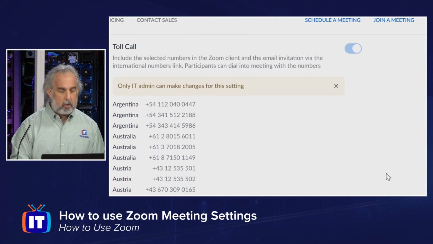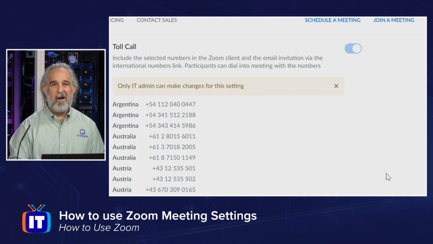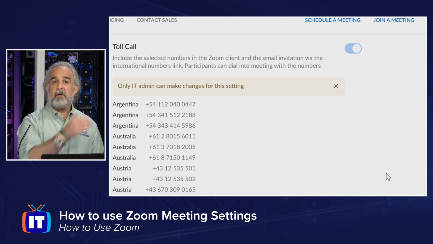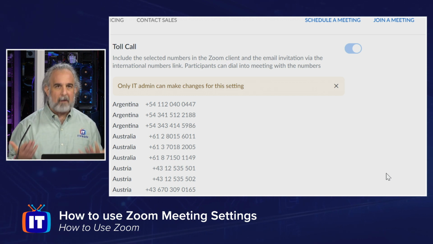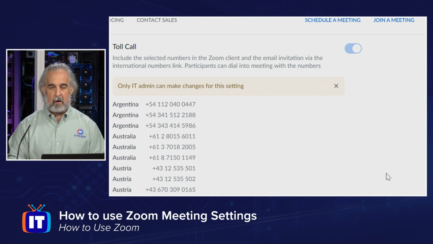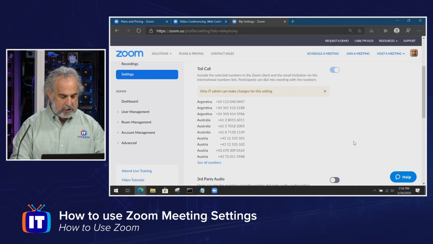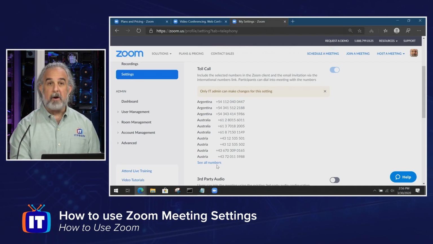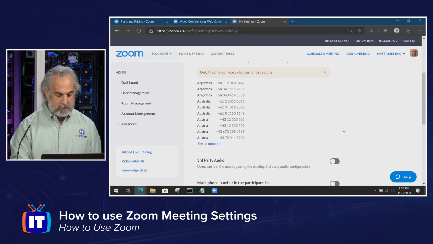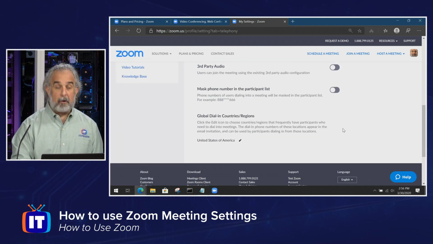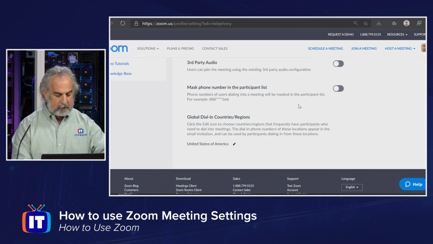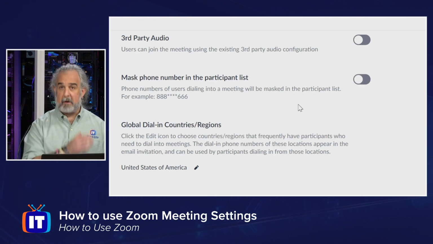We could see that the toll call numbers for various countries, alphabetically as we go, are listed there, the default ones. It says only the IT admin can make changes for this setting, meaning you have to be the admin of the Zoom system that you're onboarding into for your corporate entity to be able to make changes, but you can go in and do that if you need to. And you'll see down here, we can see all the numbers. There's a little link to let us see that if we want to. We can enable third-party audio. We can specify global dial-in countries and regions, and by default, United States of America, where I'm localized to, is there. But we also have an option to mask phone numbers in the participant list, which a lot of people like,